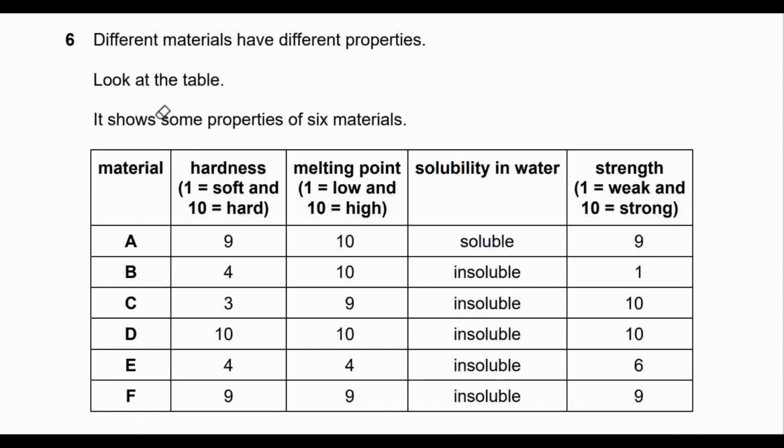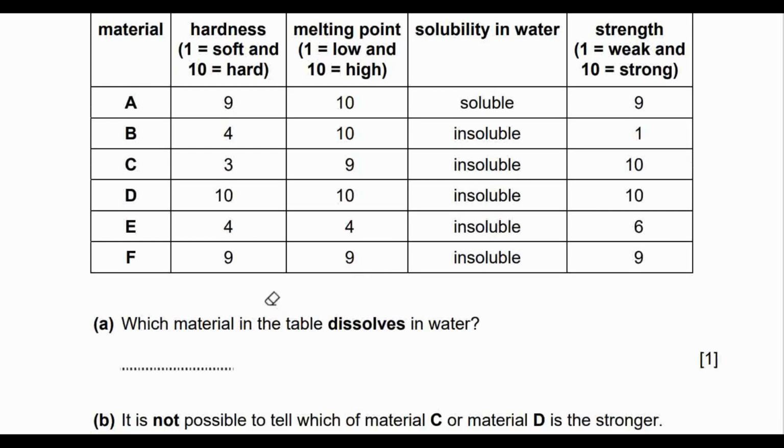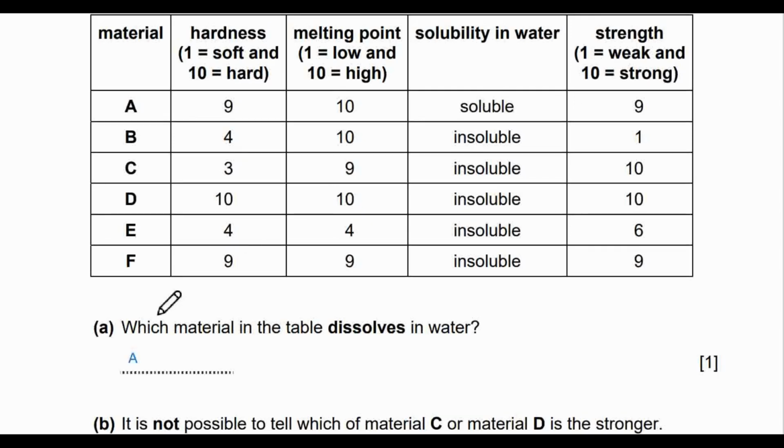Look at the table. It shows some properties of 6 materials: A, B, C, D, E, and F. This is the hardness, melting point, solubility in water, and strength. Question A. Which material in the table dissolves in water? You see, solubility in water. A is soluble, so it should be A. So we answer A here. A is soluble in water. Next,